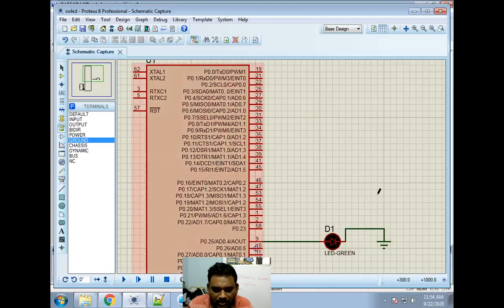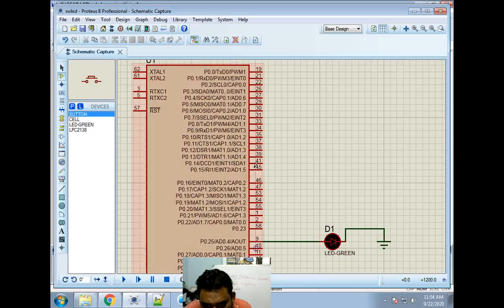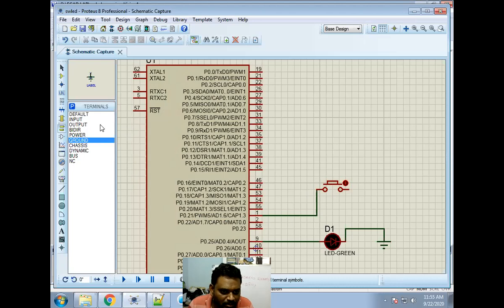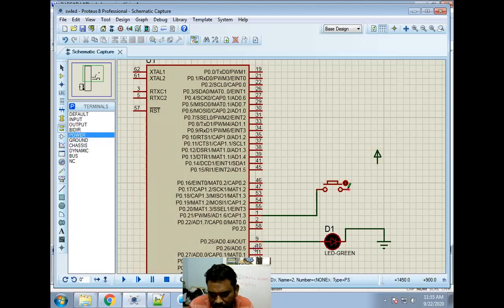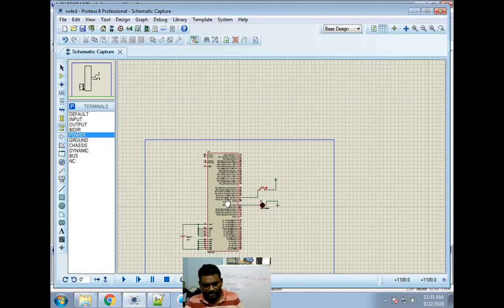Next, pin number 21. I need to connect it with the switch. Okay, button 21. Where is 21? Yes, 21. Pin number 21. You need to connect pin number 21 here, and you need to connect with a certain thing called power. Power is required. Yes. Something needs to be grounded or something. Yeah. So done. So this is my thing. Circuitry is completed. Switch and LED are connected.